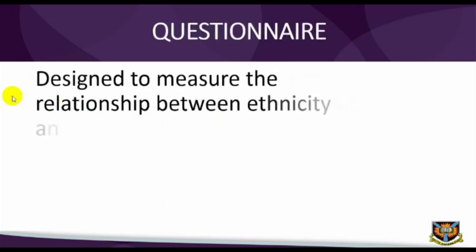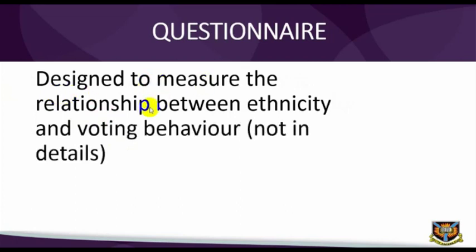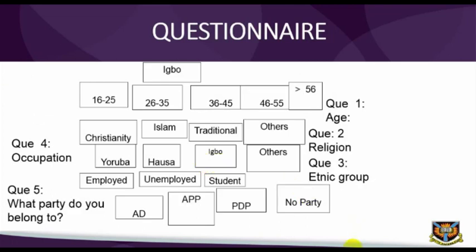Questionnaire. Designed to measure the relationship between ethnicity and voting behavior, not in details. Question 1. Age: 16 to 25, 26 to 35, 36 to 45, 46 to 55, 56 and above. Greater than 56. Question 2. Religion: Christianity, Islam, traditional, others. Question 3. Ethnic group: